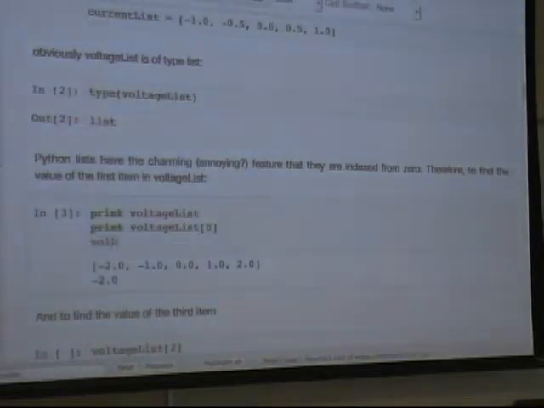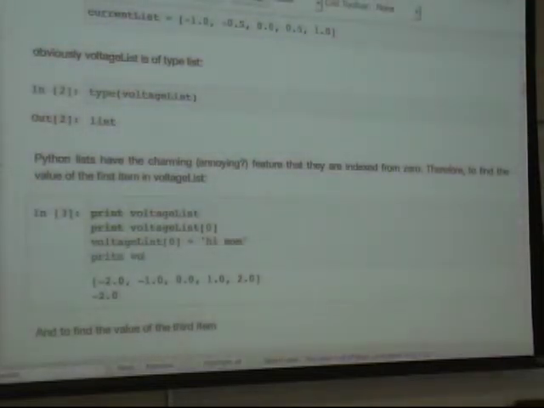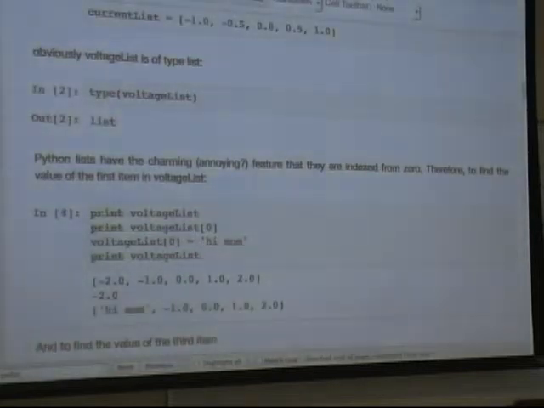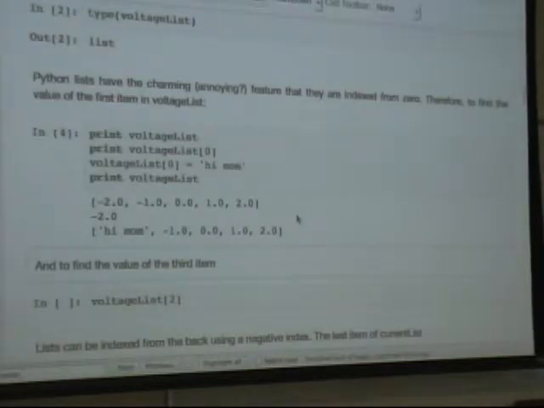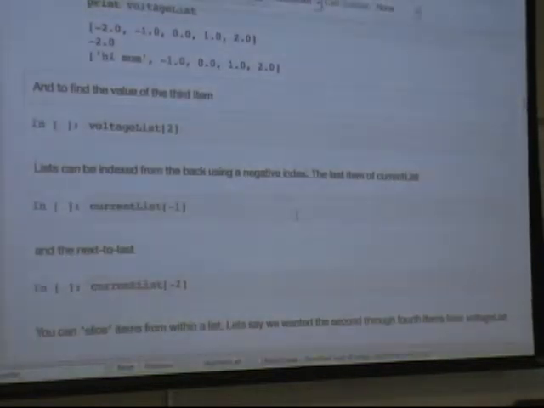We can change them. Voltage list of 0 equals something, let's change it to something completely different, and print it back. Voltage list. And it changes, right? Again, lists are super flexible. You can stuff anything. You can reference